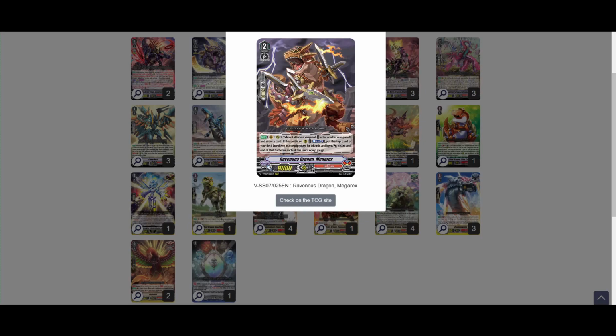Next we have four Ravenous Dragon Mega Rex. It has an auto on the Vanguard and Rearguard Circle: when it attacks a Vanguard, you can retire another Rearguard and draw a card. If the unit is on Rearguard Circle, you can counterblast 1 to put the top card of your deck face down as an equip gauge for this unit, and it gets plus 5,000 power until the end of the battle for each of this unit's equip gauge. So this can definitely be a very solid